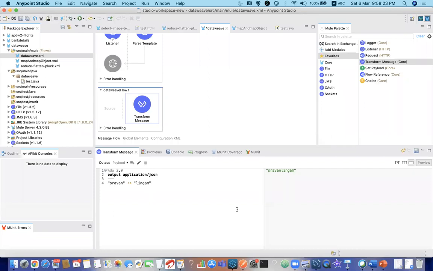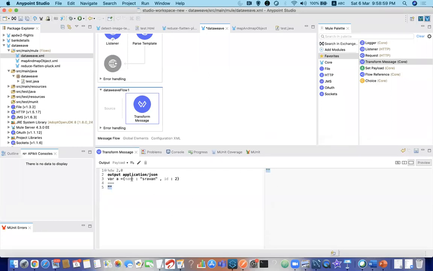Before going into map and map object, I wanted to show you something. Again, I told you, for the preview feature you need to have some sample data. Suppose you want to work on some payload. You can define your local variables in this data view using var, give some name, a equal to, name colon Shravan comma id colon 2. Now you can see, as I am giving a blank string over here, it is showing a blank string.